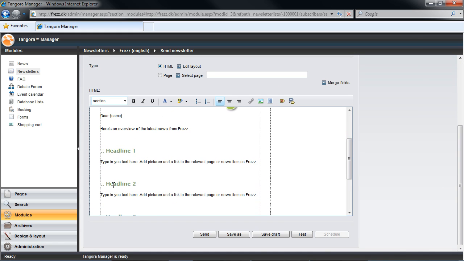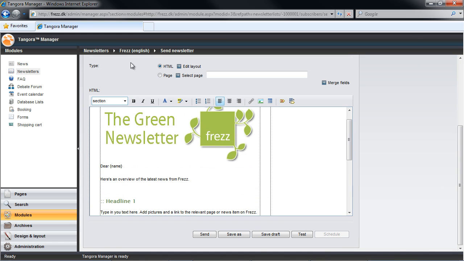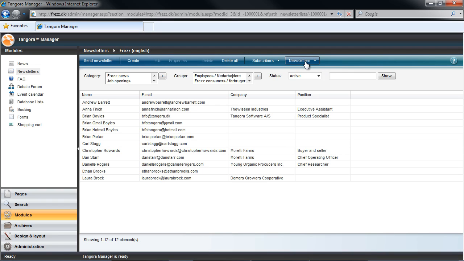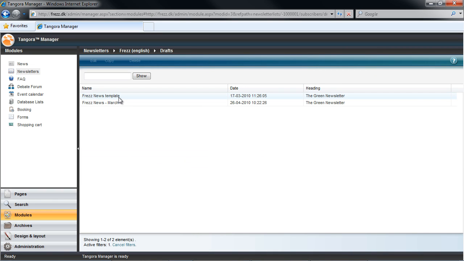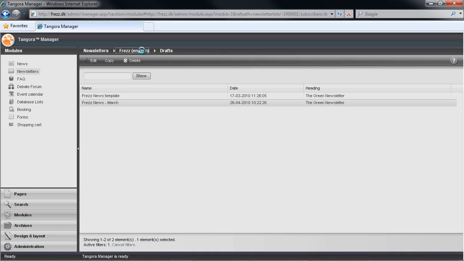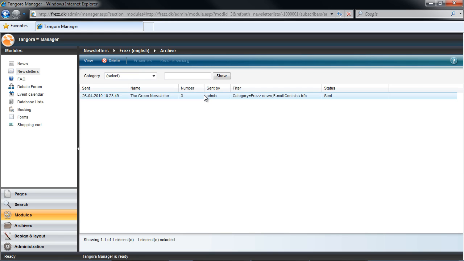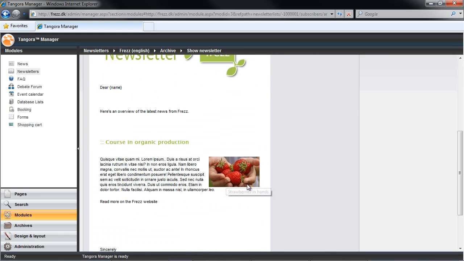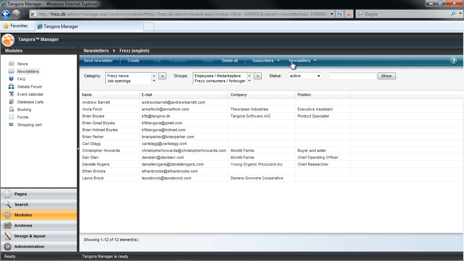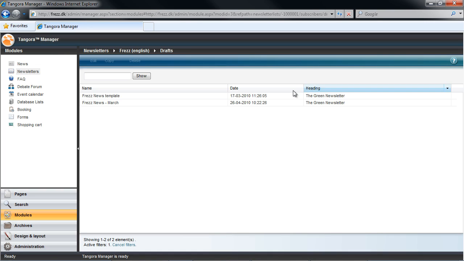create the March newsletter. So let's look into managing our drafts here, and I don't want to have any extra clutter, so I might, for example, decide to delete the March draft. We've previously sent out this newsletter, and it's in our archive, so this might be a valid operation. Now, the March letter is in our archive, and I can refer to its contents or even copy and paste the text, but I can no longer use that as a starting point for sending out another newsletter. And for that reason, I might want to keep a copy of it here in drafts after all.